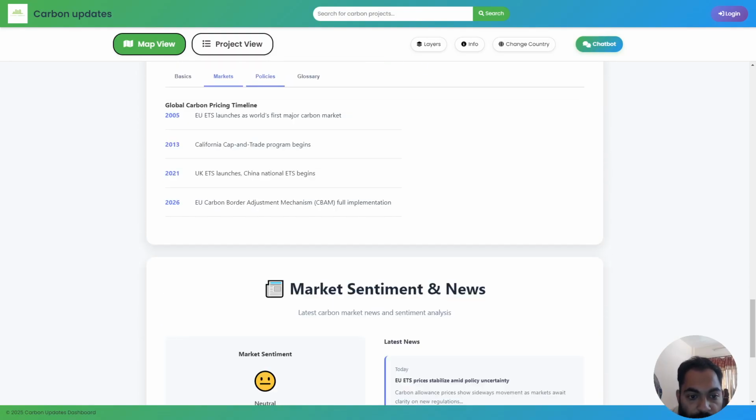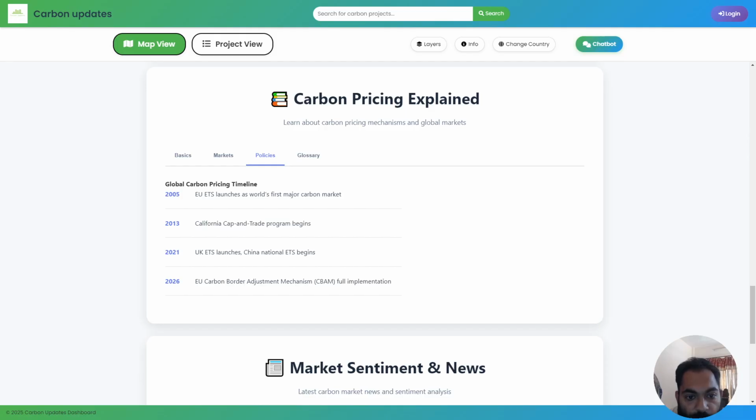It also talks about policies, when they were issued and when they're going to take full implementation. So you see the EU carbon border adjustment mechanism, CBAM. It's going to kick in 2026. It's going to impact your business if you're part of the EU,